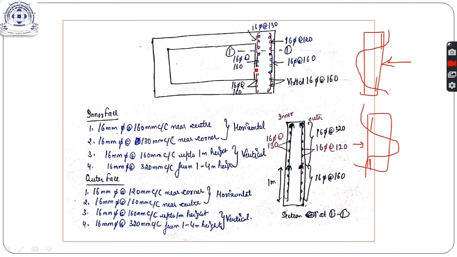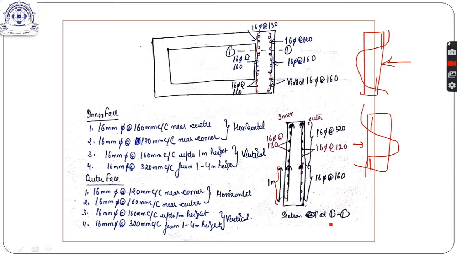Similarly for central reinforcement. Now the vertical reinforcement we have on the inner face and outer face, as we calculated here and I have written here, and we have curtailed both these at 1 meter height on both the faces because the cantilever action is acting on this face only.